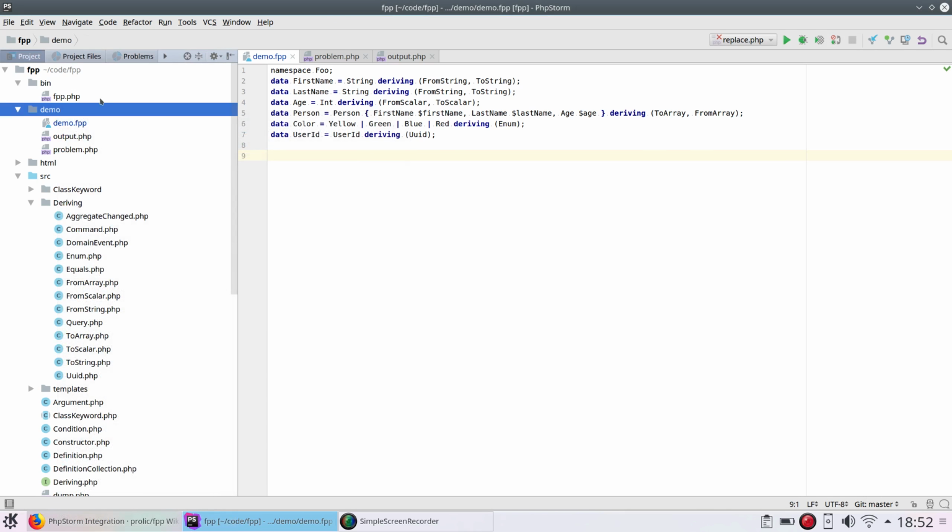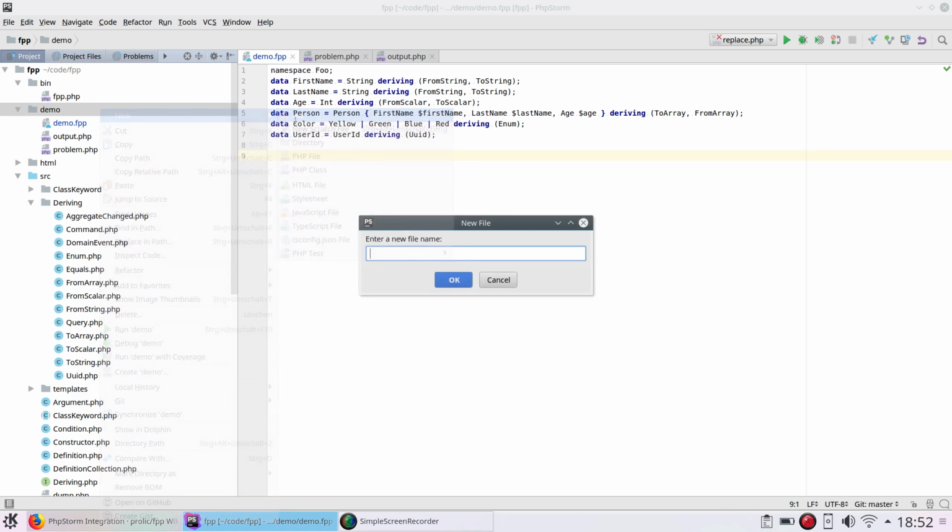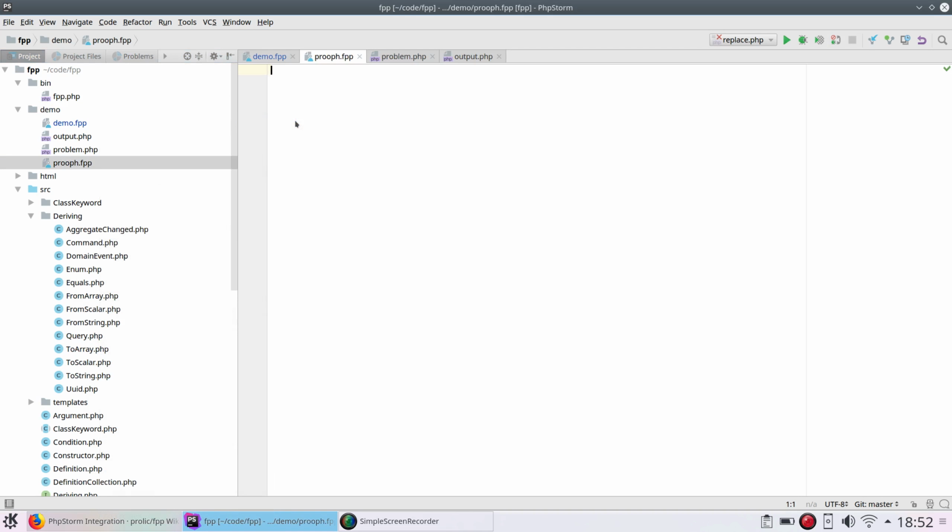We create a new file, prooph.fpp, namespace is bar. We have foo already, so we take bar, and we have a new, let's start with command. Alright, command CreateUser, for example,